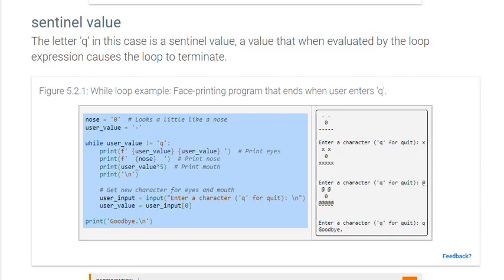You remember, loops are used to repeat the same task multiple times. And in the loop, if you don't have something that's going to cut out of that loop, then you'll have an infinite loop that never stops. So in this case, for the program, if the user presses the letter Q, then that's going to exit the